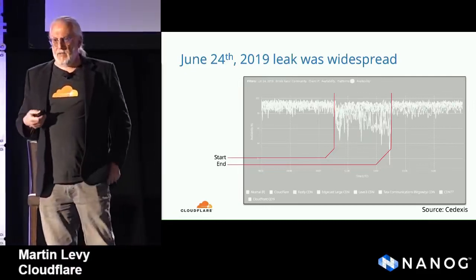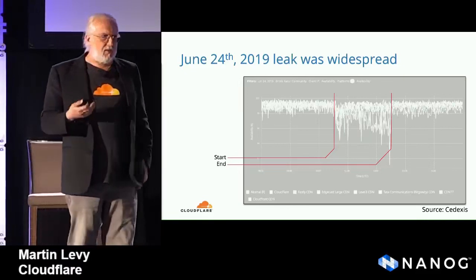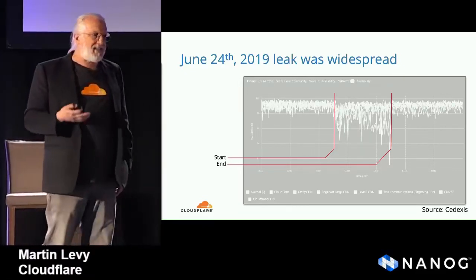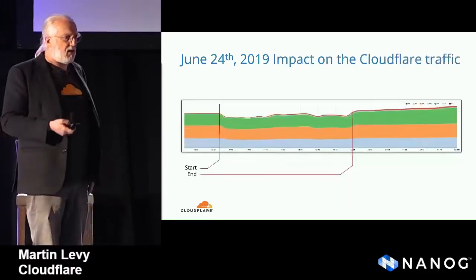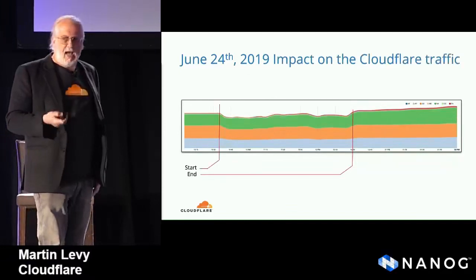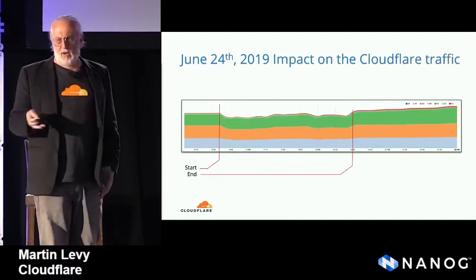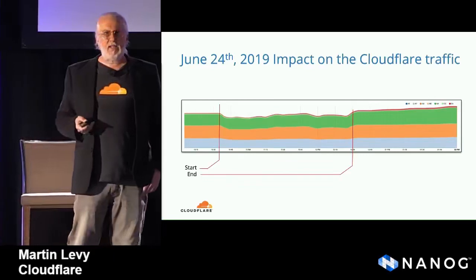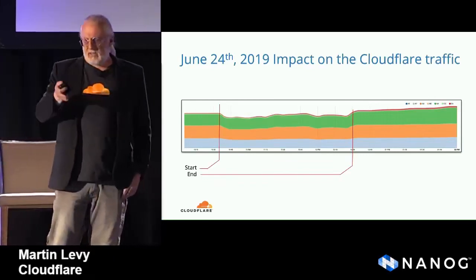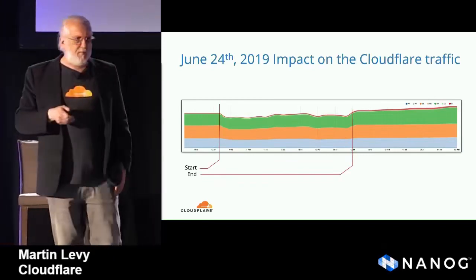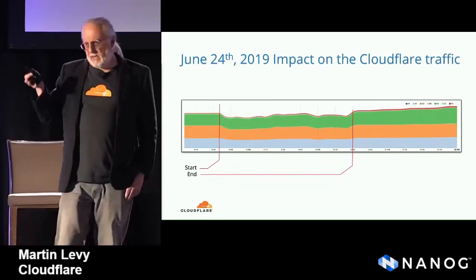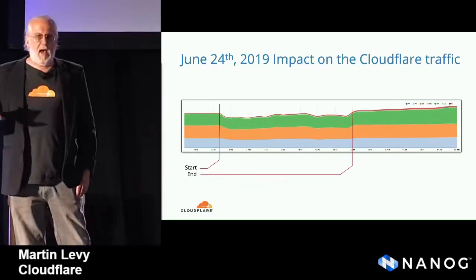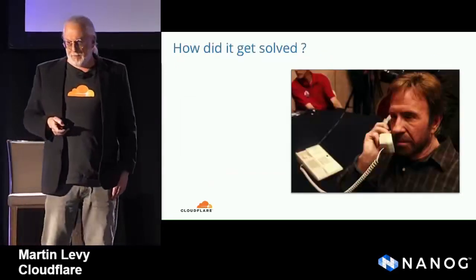And when this happened, we get as many alerts as you'd expect us to get. And we had to deal with this, and we had to deal with it fairly quickly. It affected our traffic. This is an internal graph. I know there's no y-axis, but it started going down. It continued, and when it ended, it came back up again. We were down for that period of time.